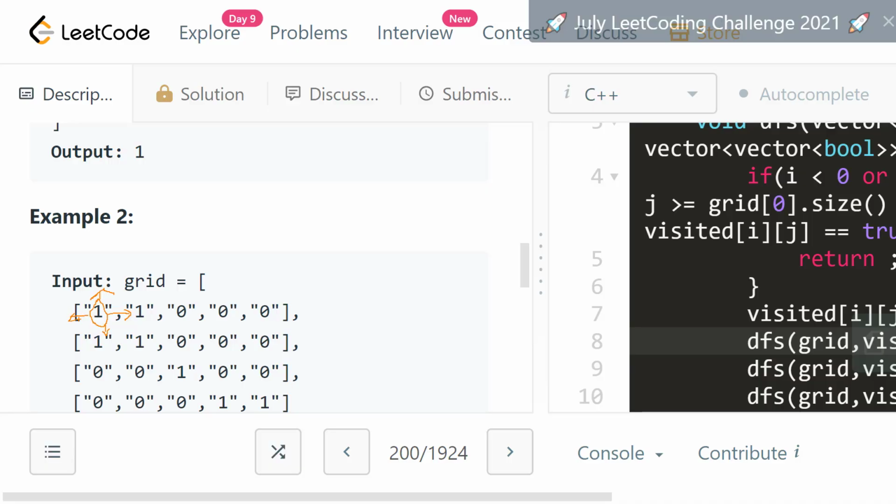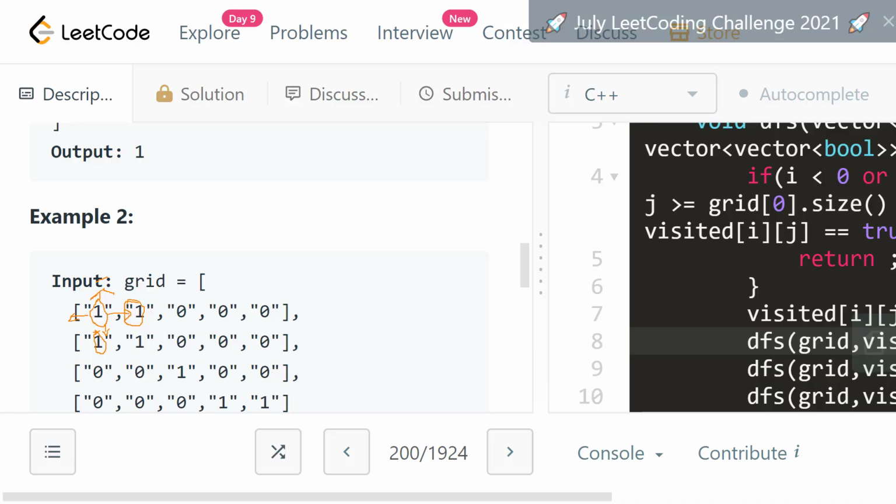Here it is going out of bounds, so we just do not consider those cases. We have already written the logic for it, which is i less than 0 or j less than 0. So it is going to make a DFS call to this node and this node, as they are connected horizontally and vertically.